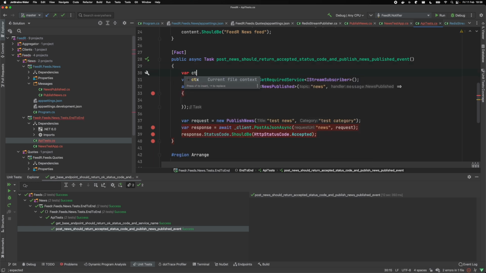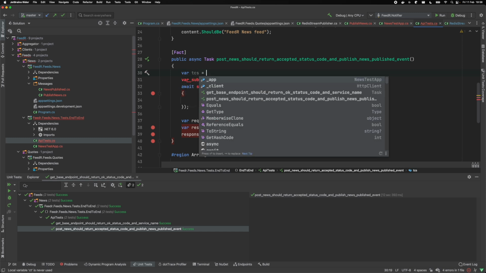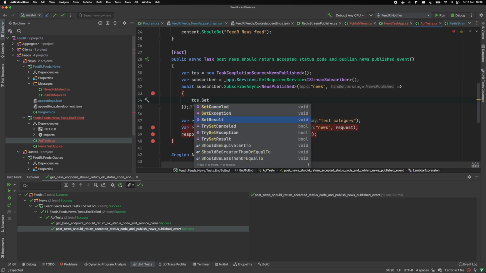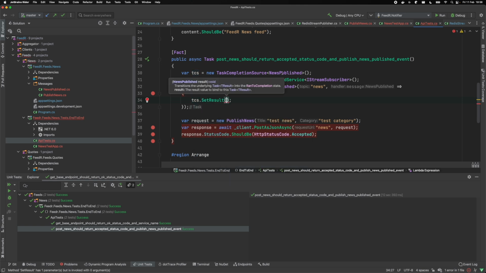So let's take a look at the following. I'm going to make a new TaskCompletionSource, and the generic type of this TaskCompletionSource will be our NewsPublished. So what I will do is the following. Within our subscribeAsync, I will simply call TaskCompletionSource and then SetResult. So I will say that this is some kind of TaskCompletionSource for this specific type, NewsPublished,